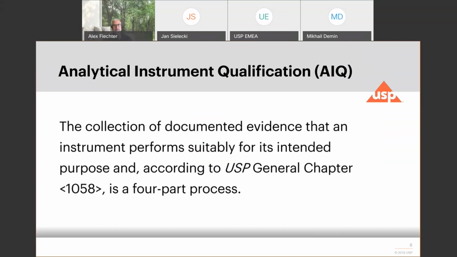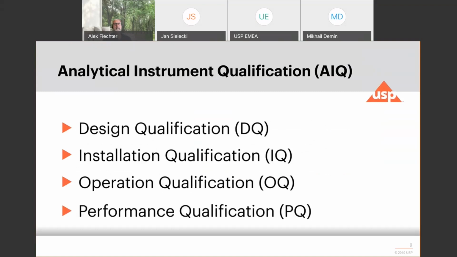It's mandatory to do that test according to 711, and 711 also describes the qualification of the instrument and also calls for the system suitability or the performance verification test, PVT. But the analytical instrument qualification starts out with the DQ, design qualification. Installation qualification is next.